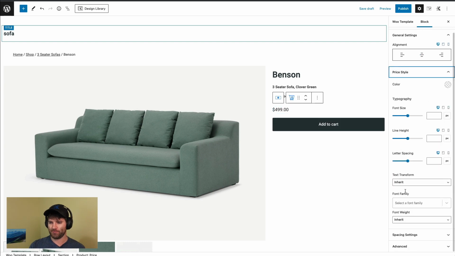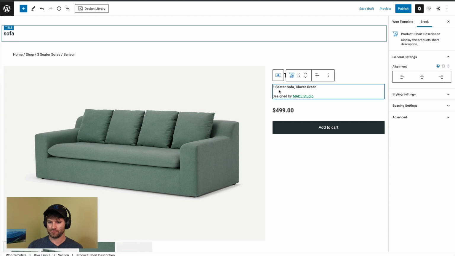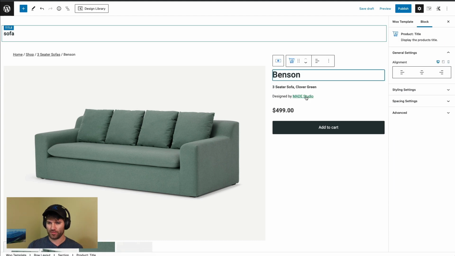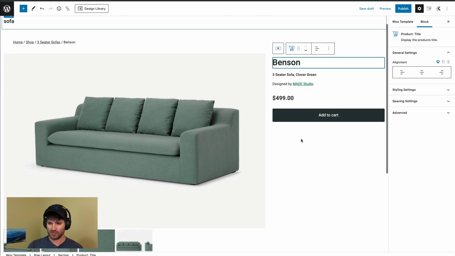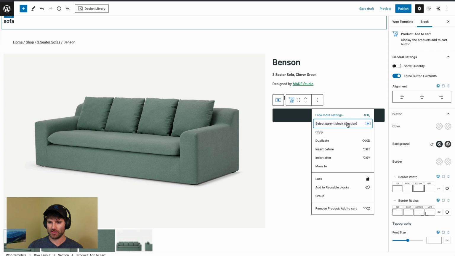Price here, I think I want to make this a little bit larger, and let's make it bold. Okay, I want price to be clear. And then after this, let's see, I'm going to want to add